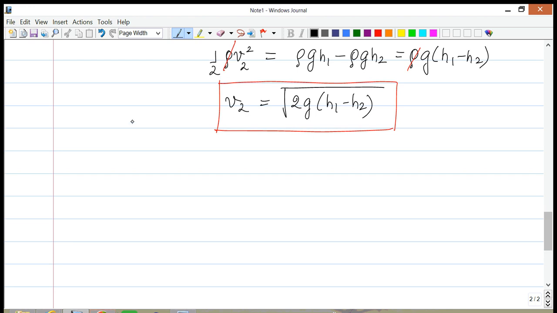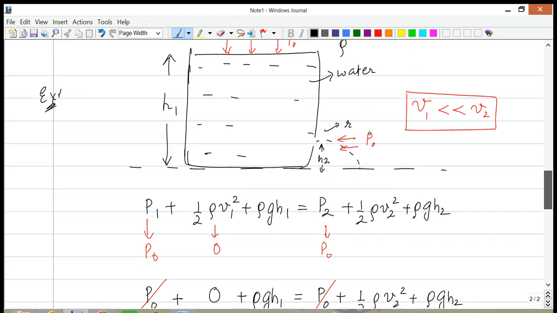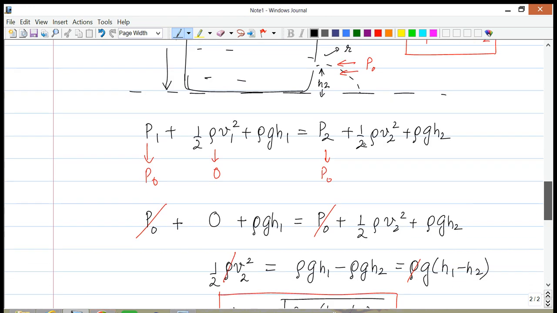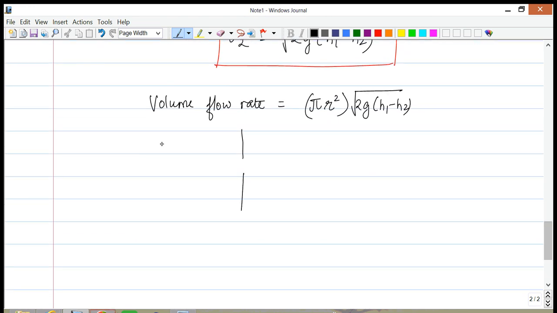Now once you know this, if I were to ask you what is the volume flow rate, you could take the area at the exit hole, which is pi times r squared, and simply multiply it by the speed. Another thing we can do is, once you know the speed V2, we could ask, how far does the fluid land? Let's say that this is where the hole is, and it's leaving the hole with some speed V2. We can ask how far does it land, and this is a simple problem in 2D motion. So that's this part of the problem.